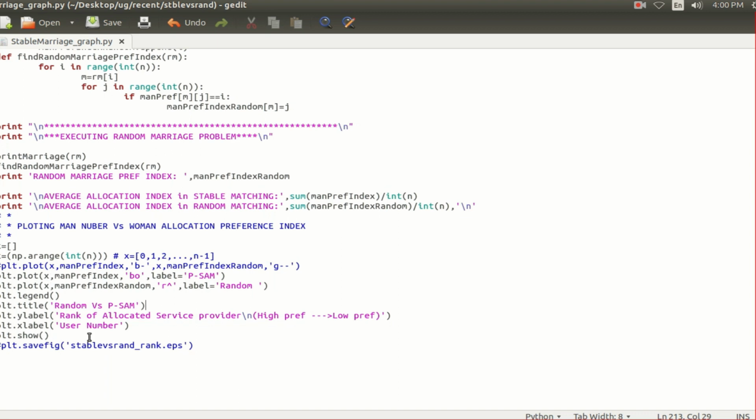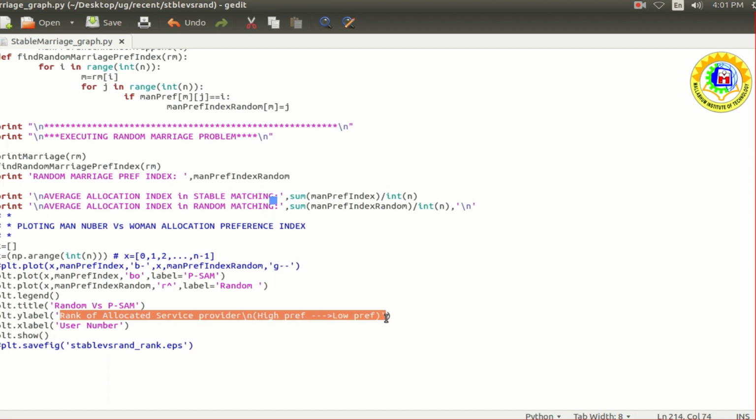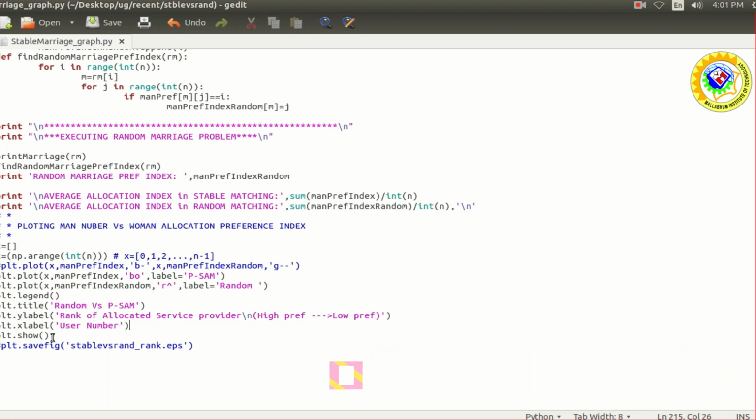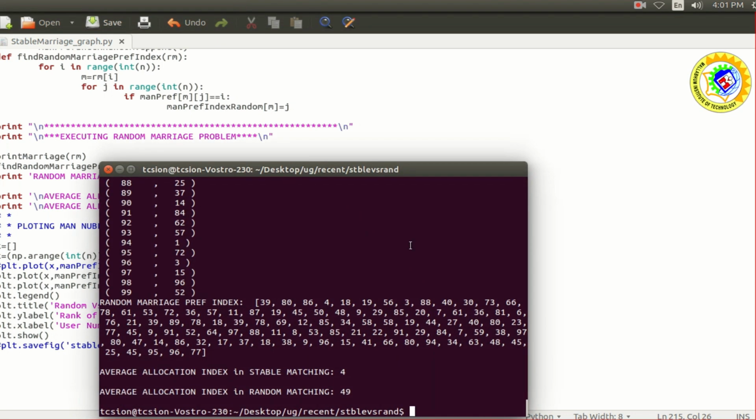You can use the title, plt.title. I have given here random versus psam. Psam is my algorithm, and ylabel you can see is the rank of the allocated service provider. This shows the ylabel. You can plot the xlabel using number, and plt.show will show it immediately, and later we can show how this figure can be saved. So I will run the program